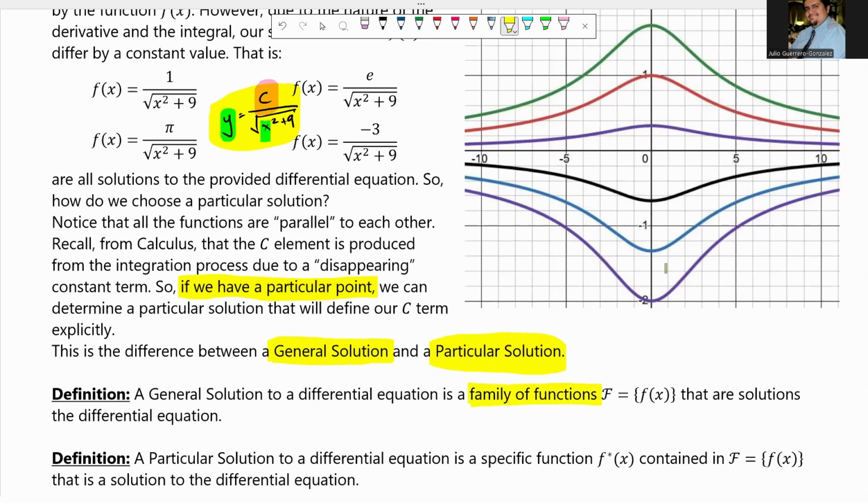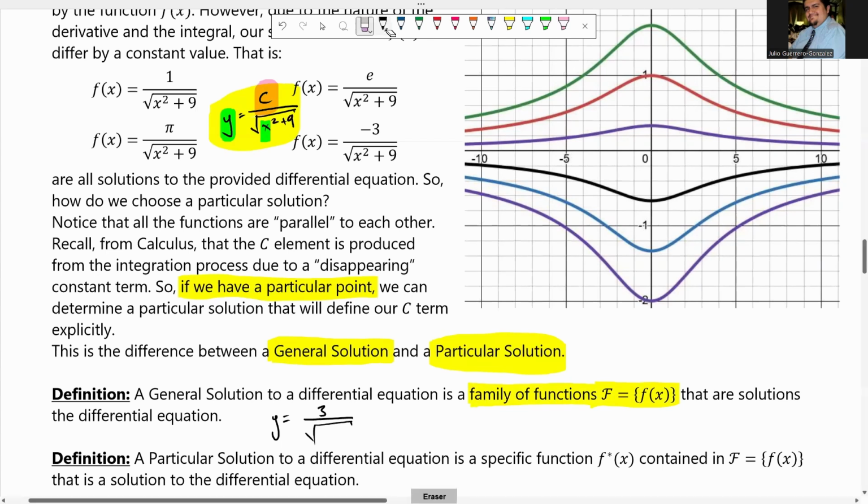And we tend to write it this way, like a script F, and it's a collection. It's a big, huge, long list of functions that are solutions to the differential equation. What I'm saying here is my general solution for this is going to be y is equal to 3 over,